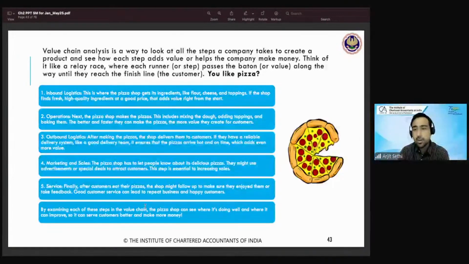Exactly. 50 is not too high, but still you're better than the competitor. You're making more sales. The customer says, yeah, 50 rupees zyada nahi hai. I can still go with this brand. It's really nice. You're taking away the market share from other competitors. That's what the business is all about, my friend. This is your strategy. This is business analysis. This is value chain analysis.